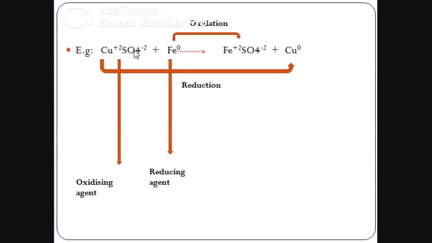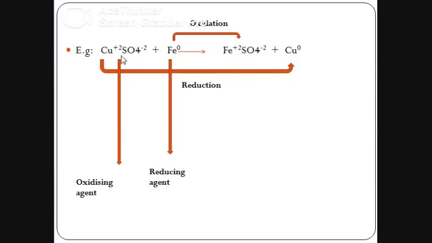an anion. Here copper loses its 2 electrons, and these lost 2 electrons are gained by the sulfate, which has a -2 charge over here, that is, it is an anion, which leads to the formation of the compound copper sulfate. It is the same with iron sulfate: iron is losing 2 electrons, these are gained by sulfate, and again it leads to the formation of iron sulfate.